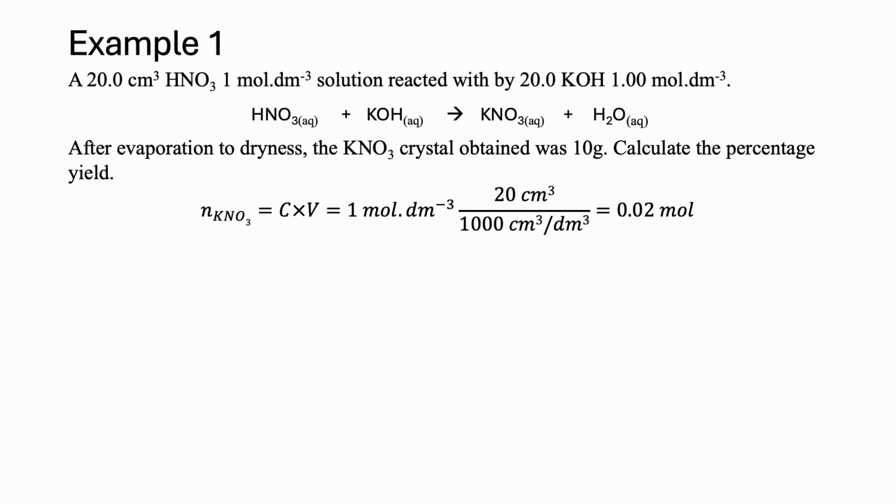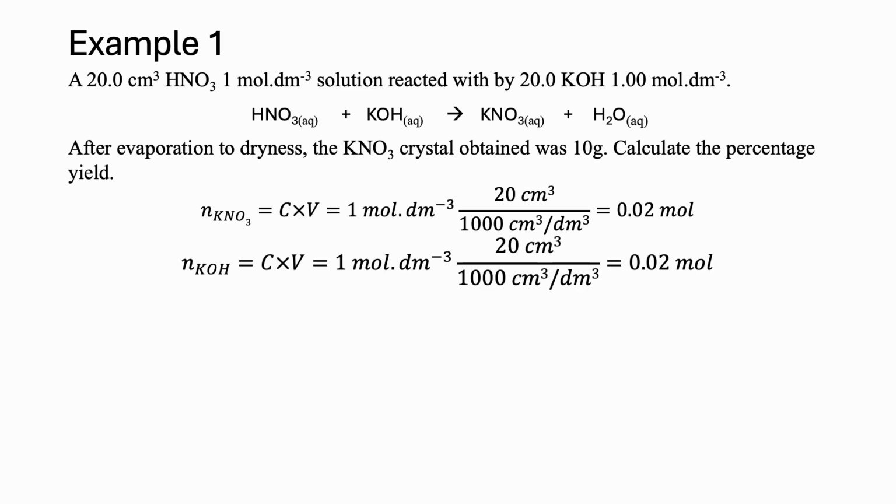So moles of KNO3 would be concentration times volume, which is 1 mol/dm³ times 20 cm³, so it equals 0.02 mole, by converting cm³ to dm³ as well. We do the same thing with the KOH. So you will get 0.02 mole